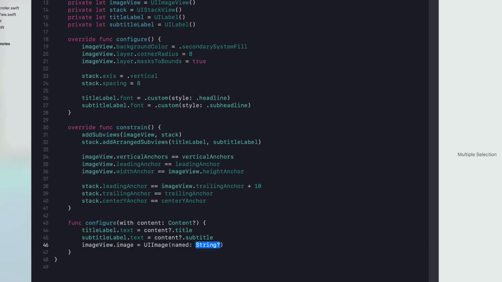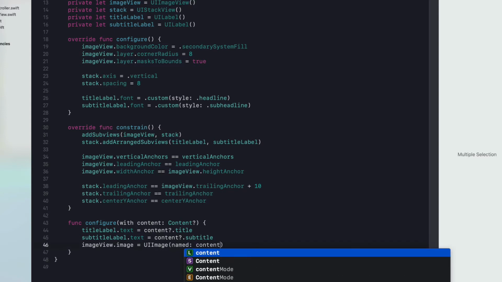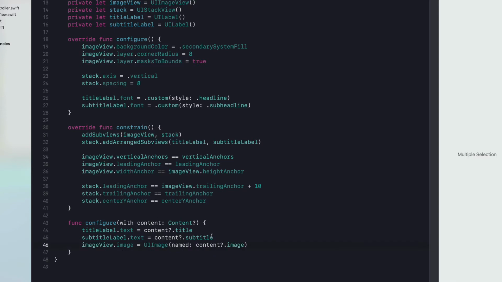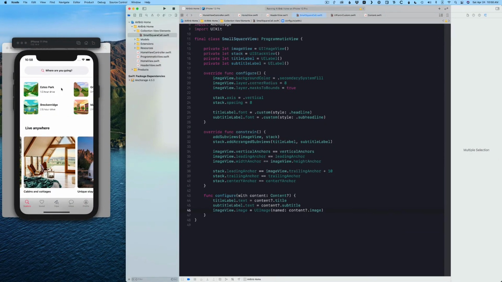Here's where we're going to use our custom initializer, content image. This is optional that we're passing in, so if we didn't have this extension, we would have to unwrap this first, but this reads a lot cleaner in my opinion and does the same thing. Okay, so now we have a view for the cell that should in theory look like this if it's given the right size constraints, but we need to put it in a cell so that we can actually show it